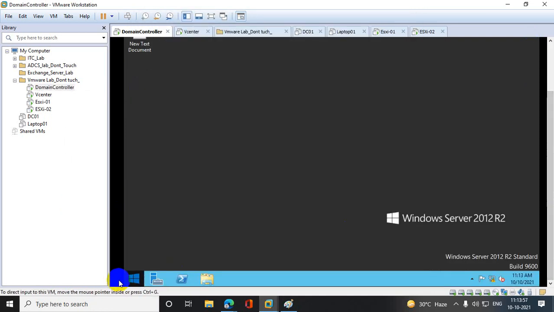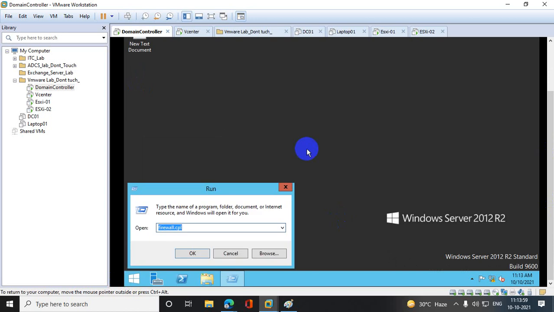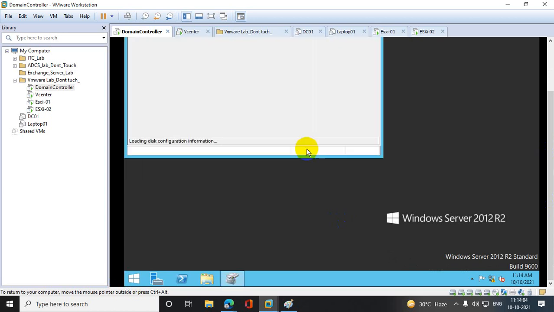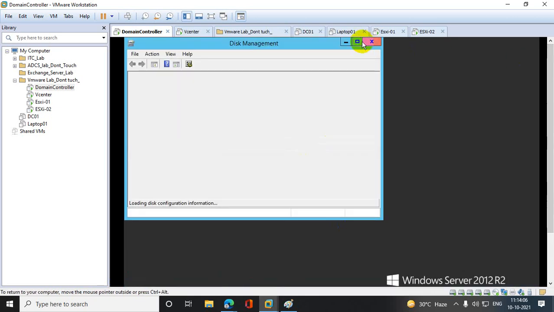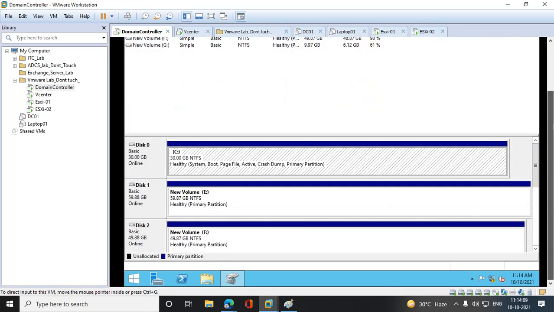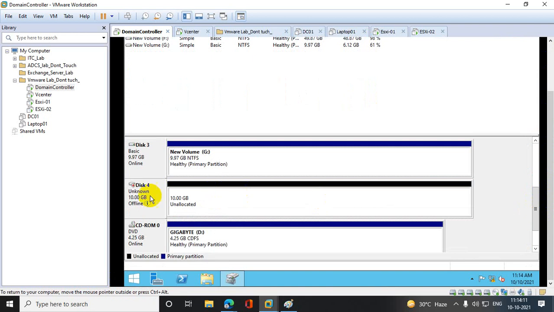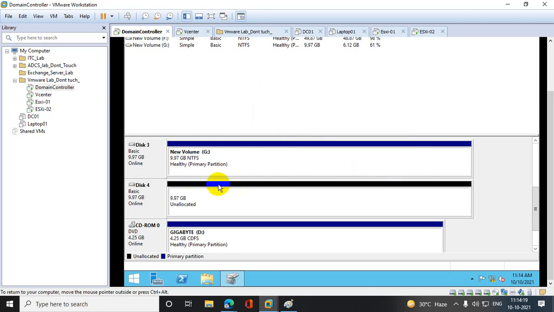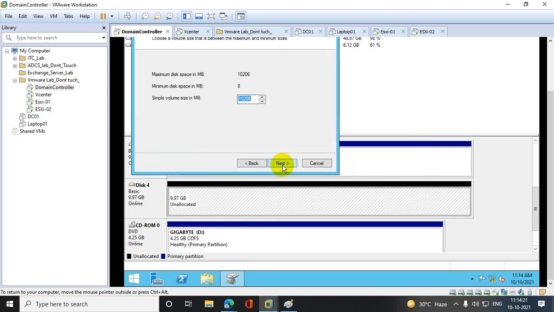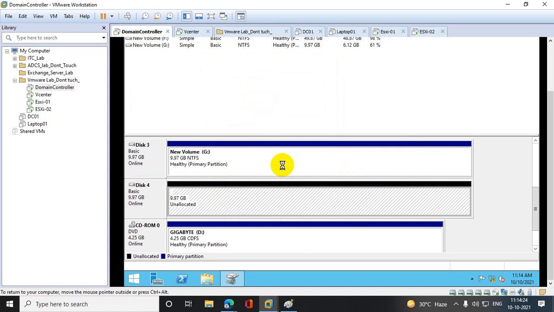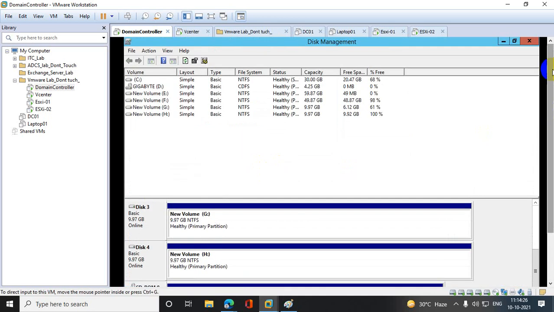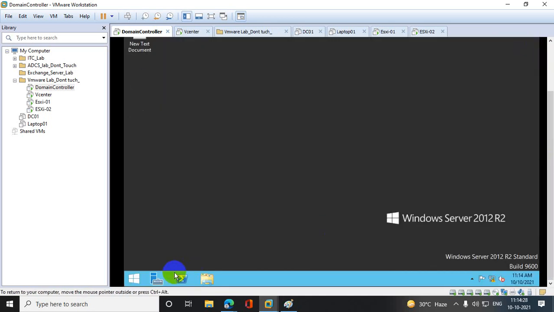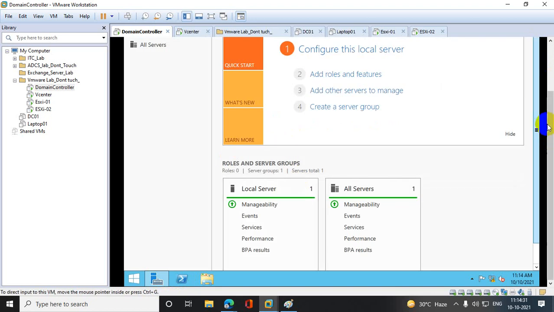After that I'm going to diskmgmt.msc. Make it online, initialize the disk, and then format it as a simple volume. Clear? Now what I need to do is create this disk on my storage and map it with the ESXi host.